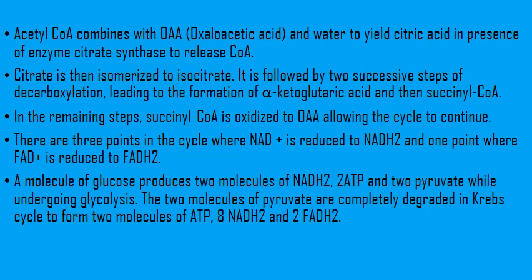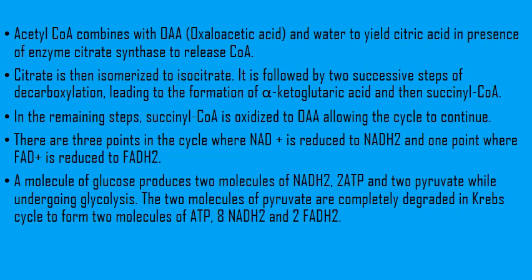to release coenzyme A. Citrate is then isomerized to isocitrate. It is followed by two successive steps of decarboxylation leading to the formation of alpha-ketoglutaric acid and then succinyl coenzyme A. In the remaining steps, succinyl coenzyme A is oxidized to OAA, allowing the cycle to continue. There are 3 points in the cycle where NAD plus is reduced to NADH2 and 1 point where FAD is